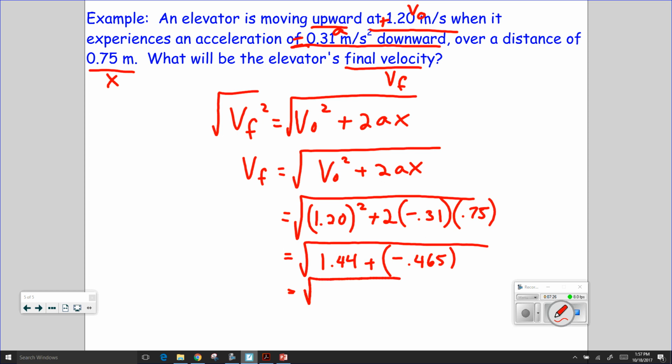Putting those together, 1.44 turns into a minus 0.465, 0.975, square root of that, I get